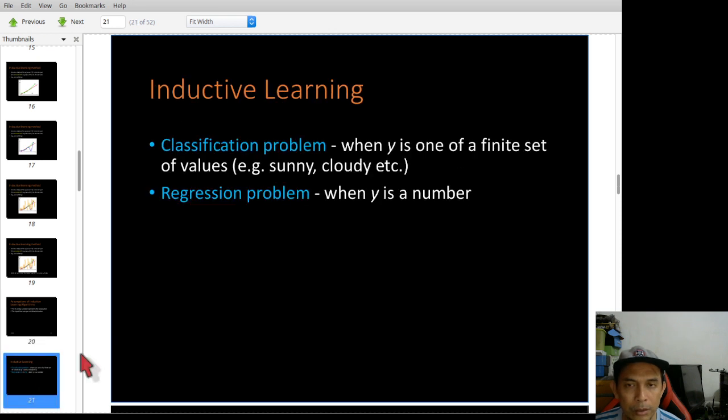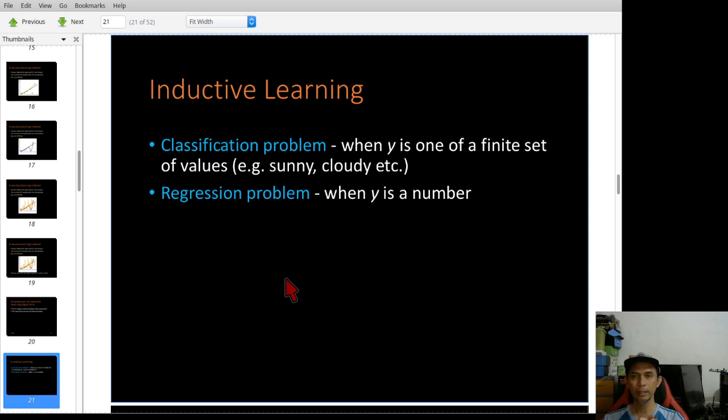Now there are two types of problem. One is the classification problem and one is the regression problem. How do you differentiate these two? A classification problem normally comes with a finite set of values. For example, you want to classify whether today is sunny or cloudy or rainy or hazy.